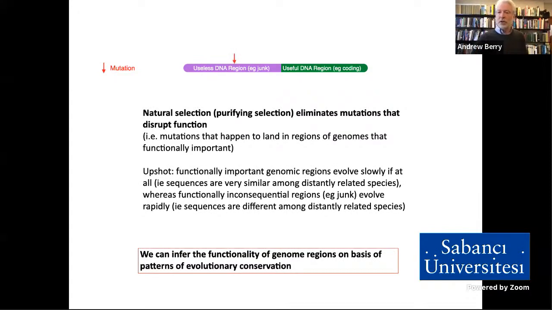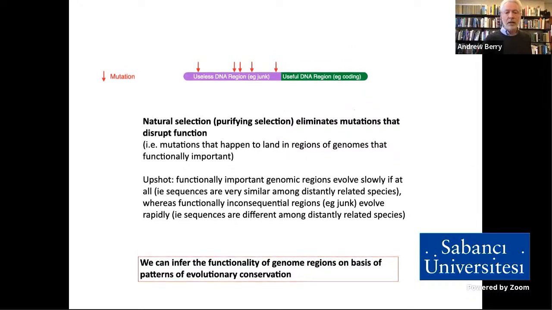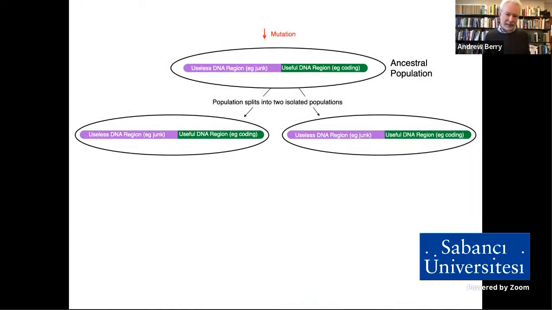What about a mutation in the fairly low usage piece of DNA? It doesn't matter, nothing happens. Another mutation in the green area, removed. You get the picture? Every time you have a mutation in a functionally important part of the genome, negative natural selection does its job. And this is actually an extremely important observation in terms of our ability to understand the utility of different parts of the genome. So here's a thought experiment.